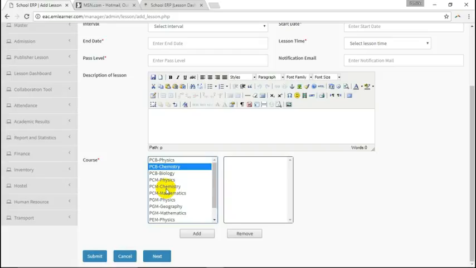But the teachers will only see the one related to him, which is C or B or P, which is physics, chemistry, or biology. And that's why it is here, so that the teacher will know, okay, I'm assigning it to PCB, and so I'm teaching chemistry. So chemistry is the most important thing we're looking at. Don't look at the PCB, but the PCB is there for you to know which batch is going to inherit my content. Now, look at this.